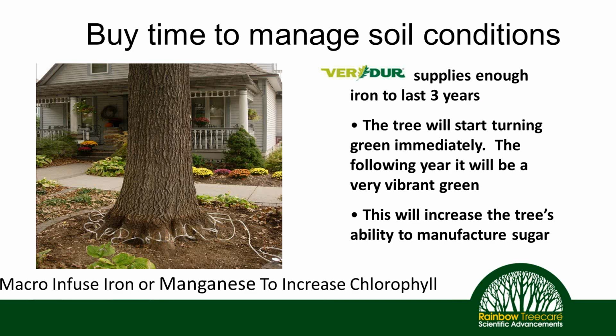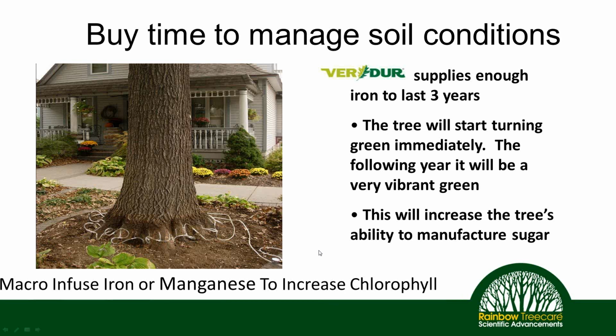There's other options out there too when it comes to getting nutrients into the plant. And again, this would be another example of something we could do to the tree in the meantime while we're also trying to solve our soil issues. So we can inject something like verdure, which would either be iron or manganese, depending upon the type of micronutrient problem you're having. We can inject this into the tree to solve the immediate micronutrient problem,